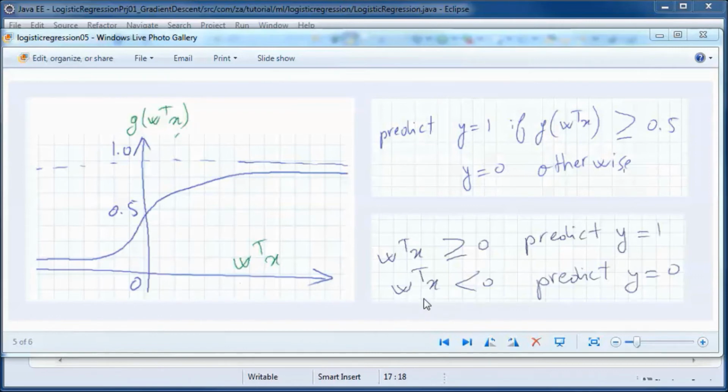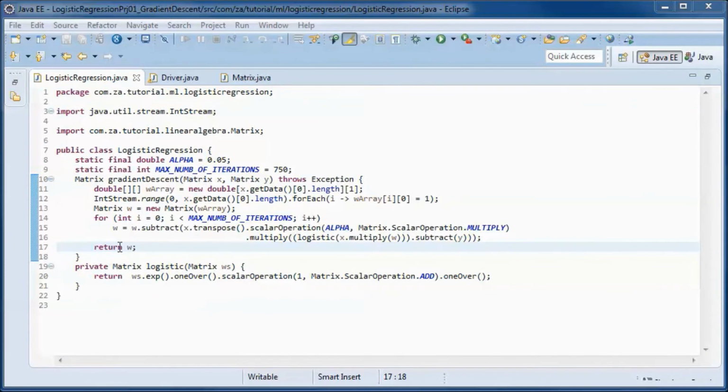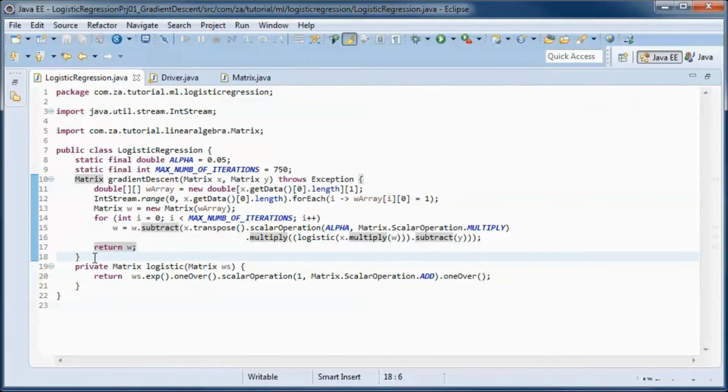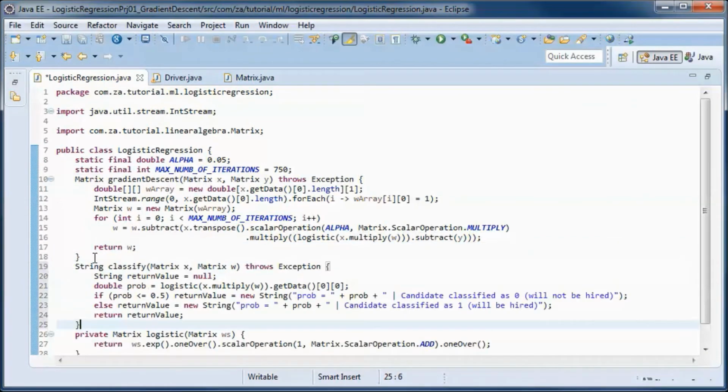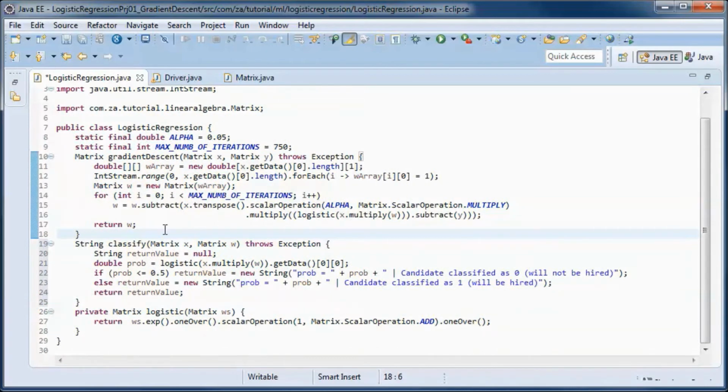And if W transpose X is smaller than 0, we predict that y is 0, so the candidate was not hired. And if W transpose X is bigger than or equal to 0, then y is 1, so the candidate was hired. And this is the implementation of the classification method.